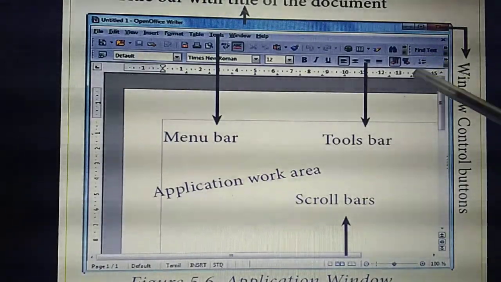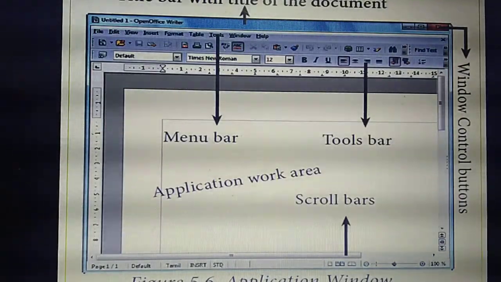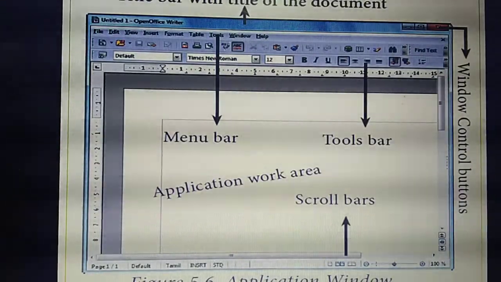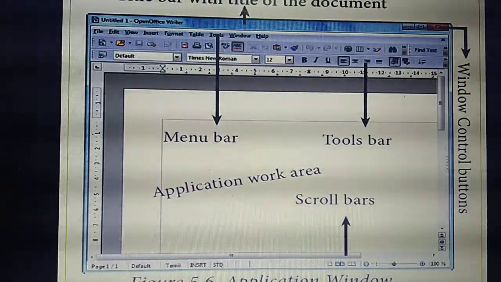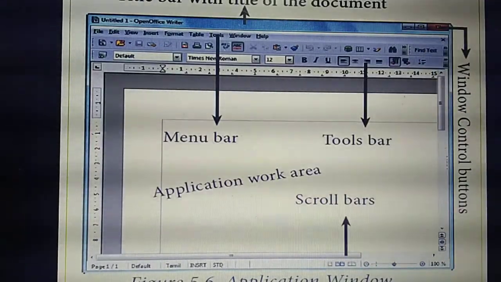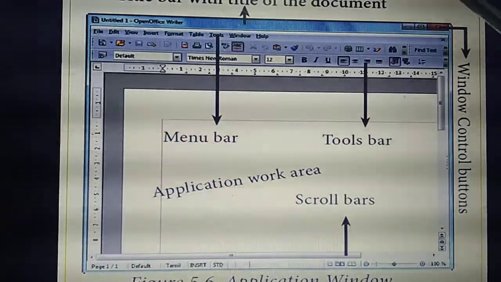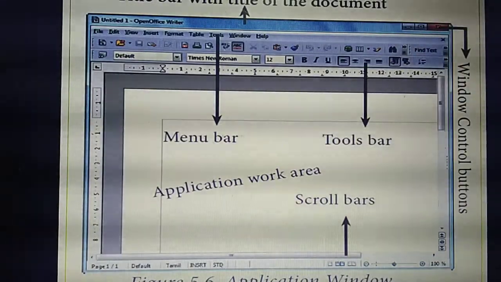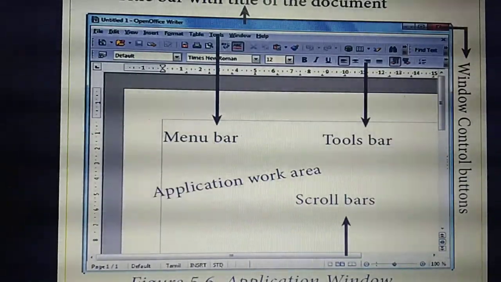Next to the menu bar is the toolbar. What do you mean by tools? Things you are going to use in a particular document. For example, if you are going to draw a picture you will select a pencil or pen or sketch. All those tools are available in the tools bar. Then the scroll bar. What do you mean by scroll bar?